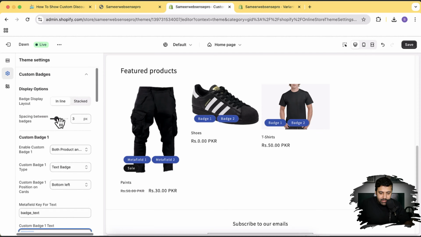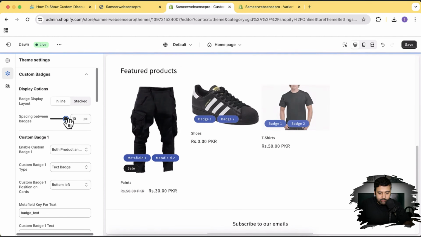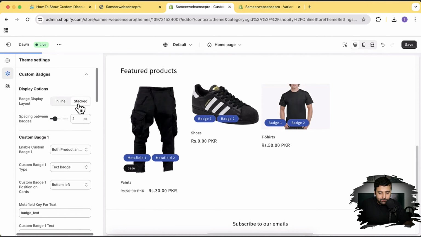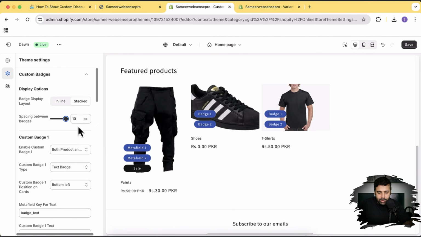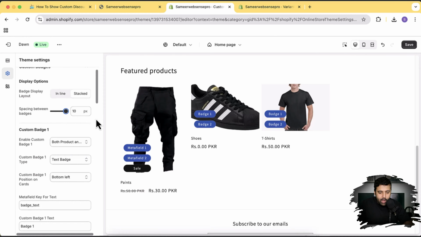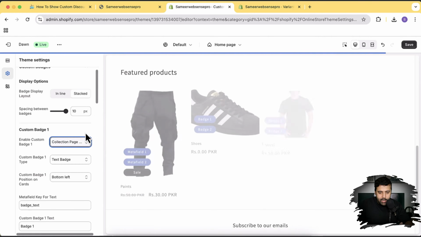And you can also adjust the spacing in between. So you can see it's going to increase the space in between the badges for the stacked format. You can see that it's increasing a little bit of space when you have stacked format and spacing in between. We have the option to enable and disable on product page and collection page. So if you want to display it only on collection page, it's going to show only on collection page. So if I click on collection page only and hit save,